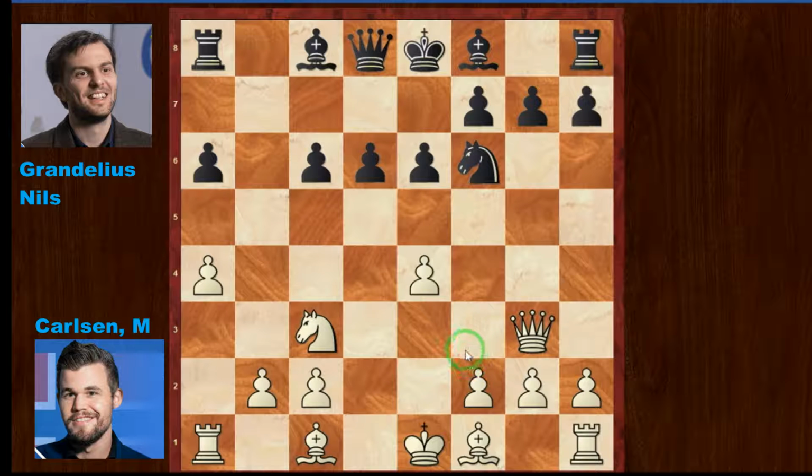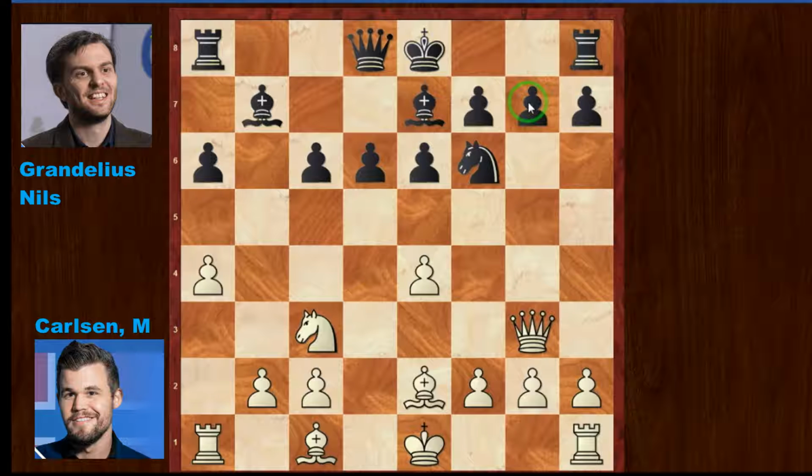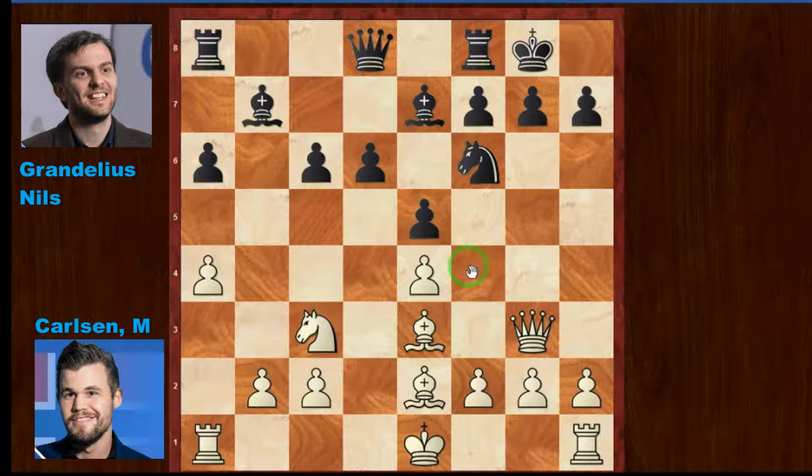hitting d6 and limiting the f8 bishop. Bishop b7, bishop e2, bishop e7, bishop f4, threatening again on d6 and pressing to push e5. Niels played e5, bishop e3, castle short,